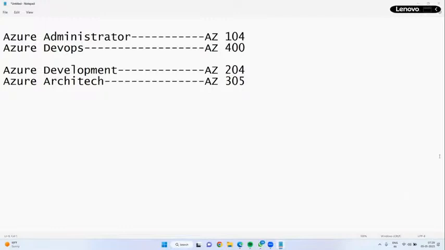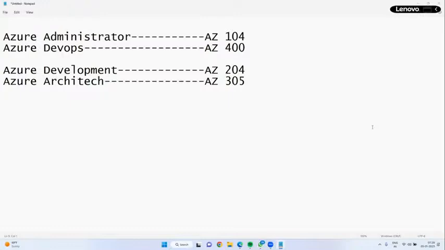Come again, your question, Ashok. Right now we are on the website, manually creating VMs, storage, networking, all this in the Azure portal. By using Terraform, how can we do all this? Yes, we can do it with Terraform, creating storage accounts, services and all.